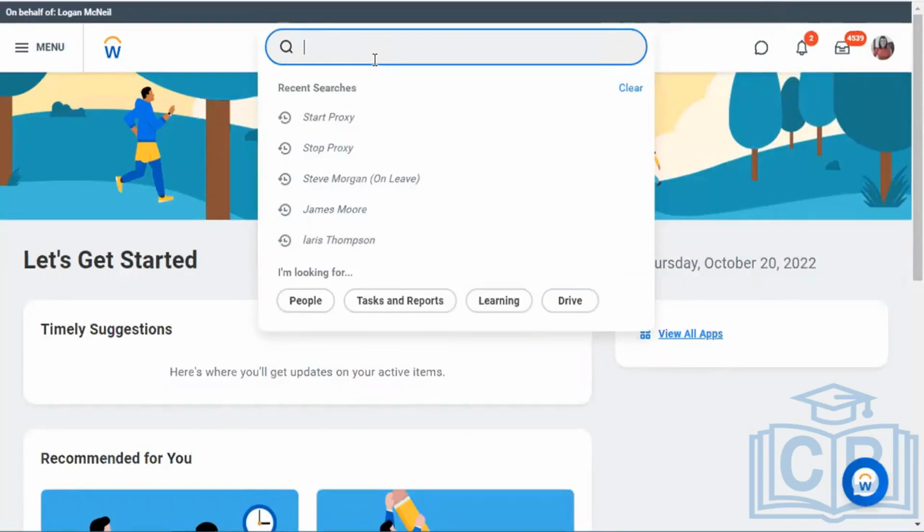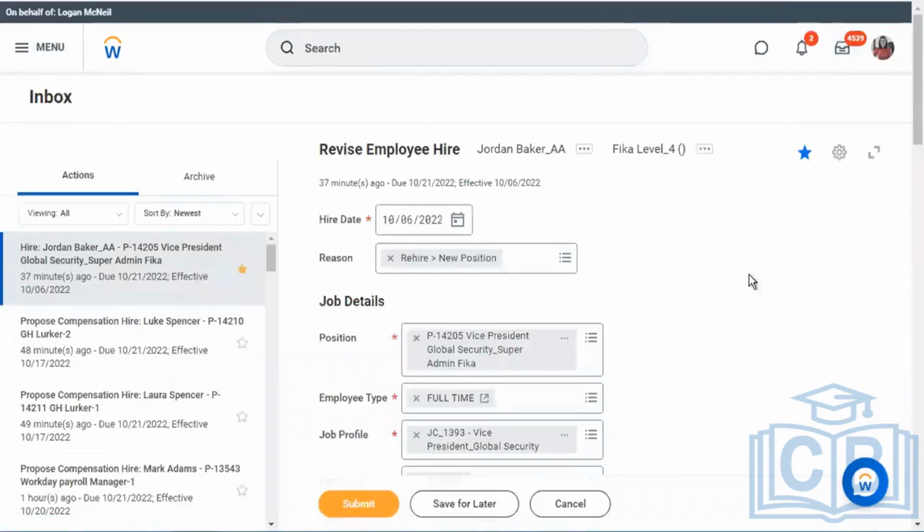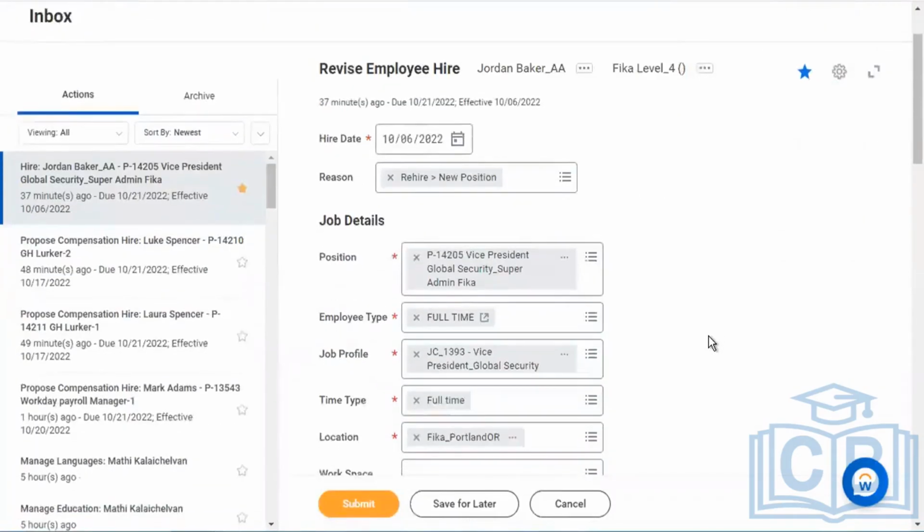And it was throwing continuous error for the hire event telling that the due date has to be changed. And I got one more error: too few close parentheses detected. Filter line 6 and report all workers. Something like that. Can you please click the inbox? Do you see hire Jordan Baker? Yes? I wasn't able to submit this hire.